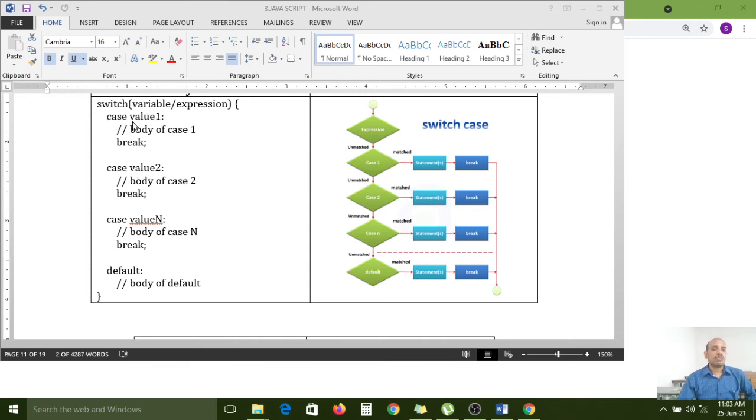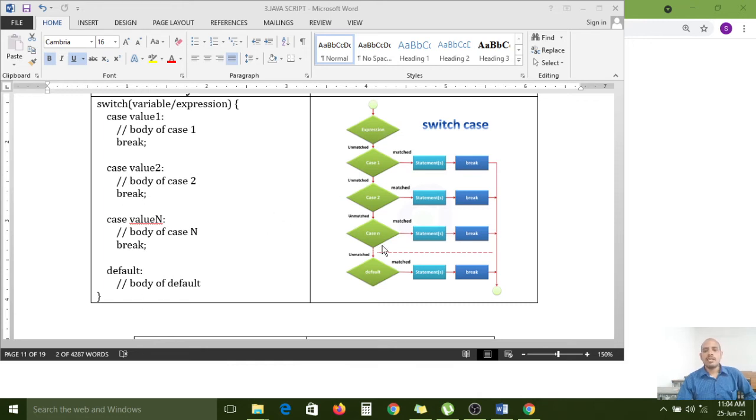in the complete switch, whatever cases we have used, if all those cases have not matched this expression, then lastly we have the default block, which will be executed. If any one case has matched, then the default block will not be executed, and the remaining cases will also not be checked by the switch control. But at the default, the last break is not required. Automatically, after the default block is executed, the switch control will terminate by itself.